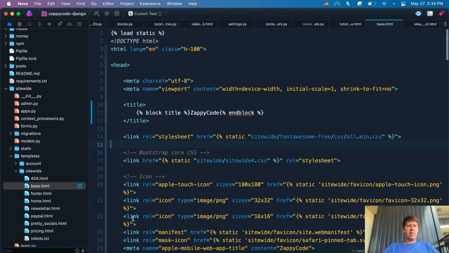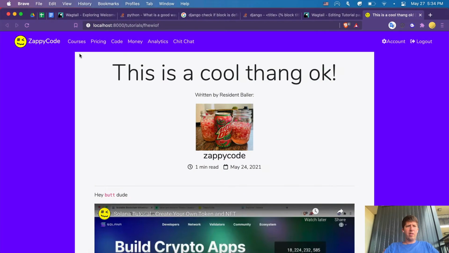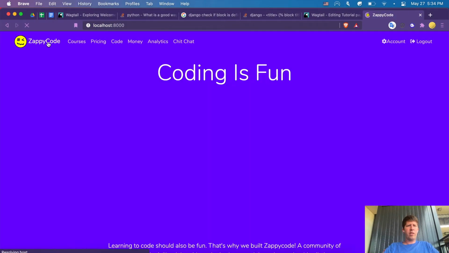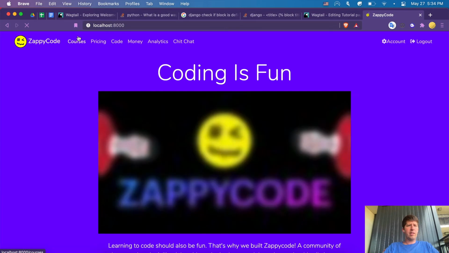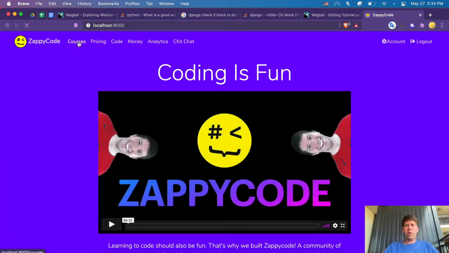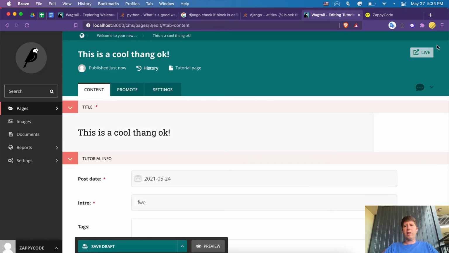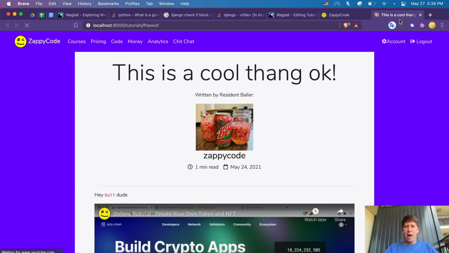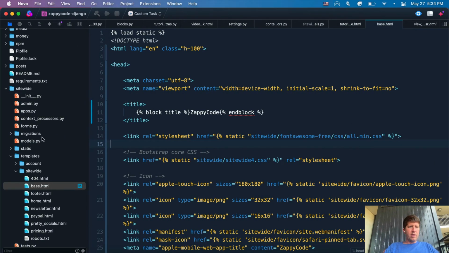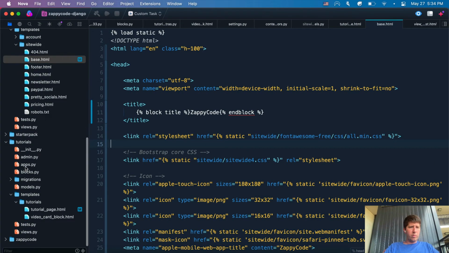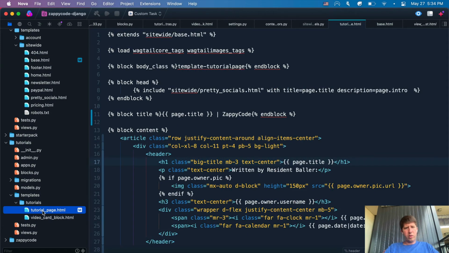But basically, I have a lot of pages here where I just want to go to, like, for example, the home page. It should just say Zappy Code. If I go to courses or whatever, I still just want it to say Zappy Code. But the problem was I had some blog posts here that I wanted to see the title of that blog post up there. And so basically what I've done is if I come back to my tutorial or my blog